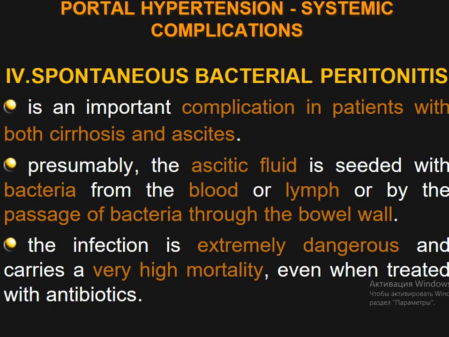And the last systemic complication of portal hypertension is spontaneous bacterial peritonitis. It is an important complication in patients with both cirrhosis and ascites. Presumably, the ascitic fluid is seeded with bacteria from the blood or lymph, or by the passage of bacteria through the bowel wall, and the infection is extremely dangerous and carries a very high mortality even when the patient is treated